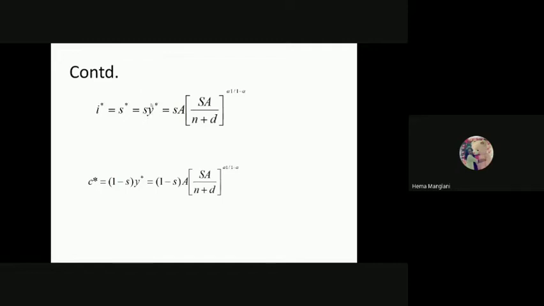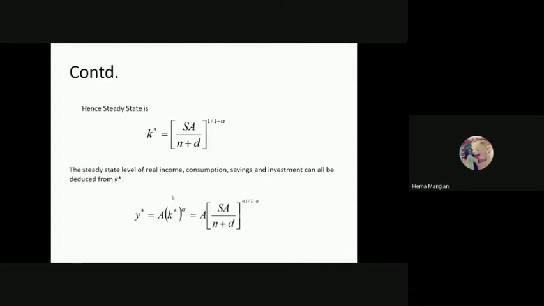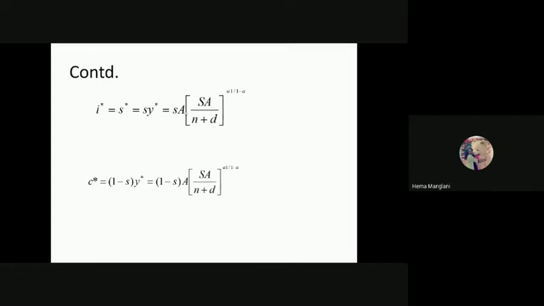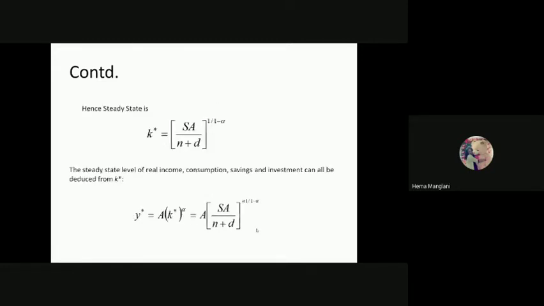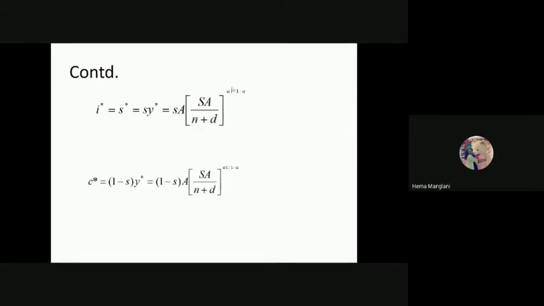Okay, so whenever S is rising, we always consider your investment is rising, and thereby your K star is rising. So here I would just follow this: Y star is what? Y star is A, K star to the power alpha. So I can write this value of A and the whole expression I have written earlier. Okay, so that is the value of I star now. This one you can ignore. This is just alpha by 1 minus alpha.